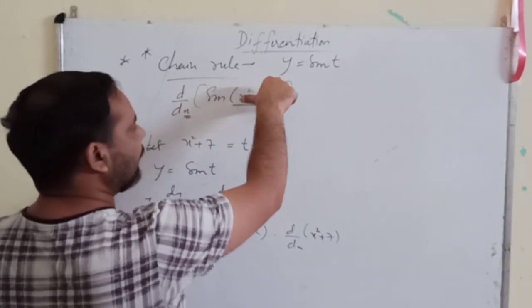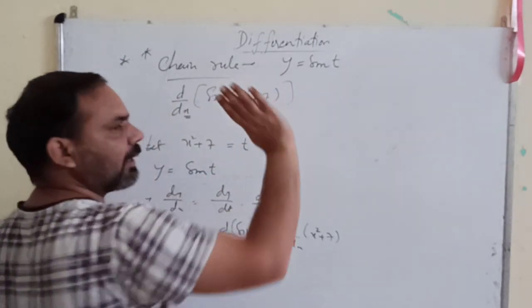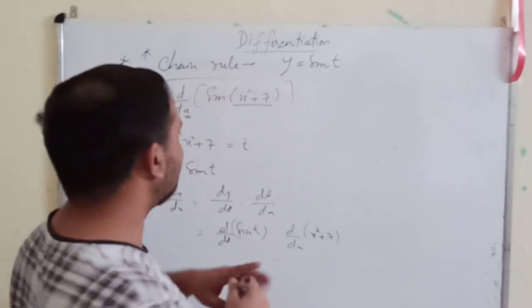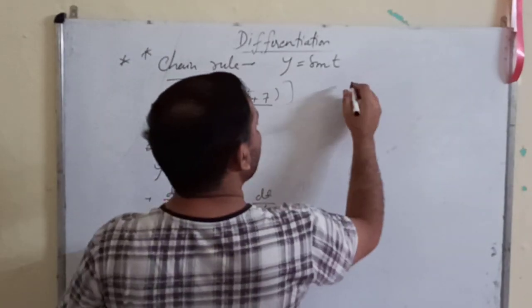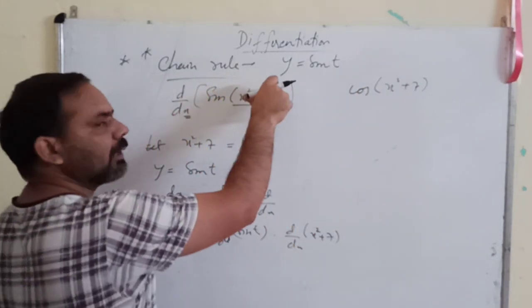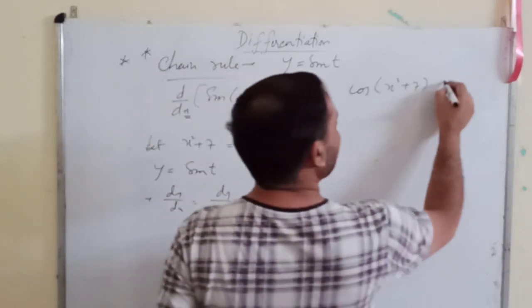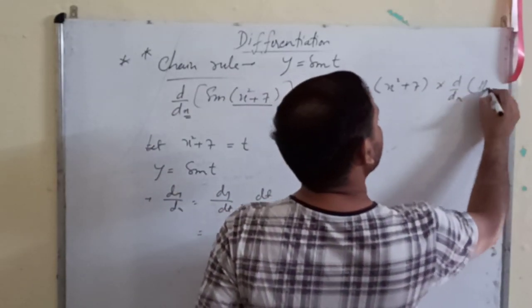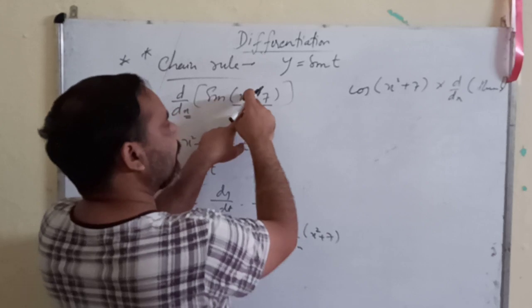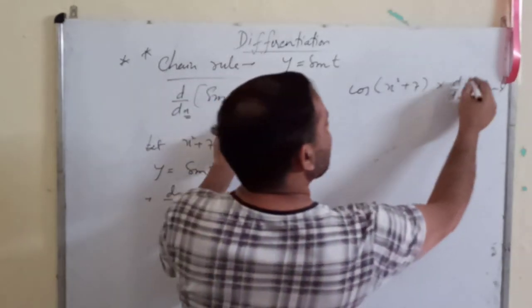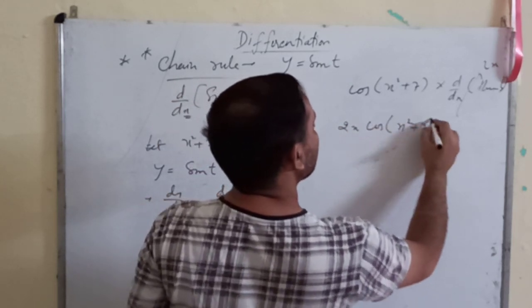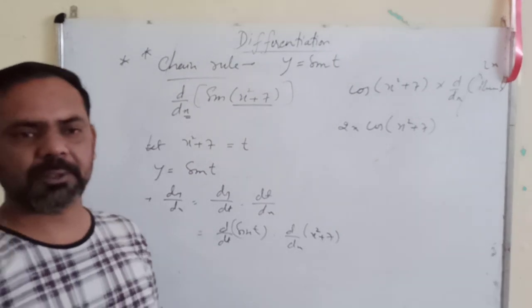So it becomes sine of thumb. I will replace this by sine thumb, and now I can take the derivative of any function of thumb with respect to anything. This is my rule. So d by dx of sine thumb will be cos thumb. Thumb is x square plus 7, and whenever you are using this thumb rule, you will always have to multiply the function by the derivative of thumb. What was my thumb here? It was x square plus 7 and derivative of x square plus 7 is 2x plus 0. So this is what this value is, 2x. So the answer is 2x into cos of x square plus 7. This is the answer. This way I use it.